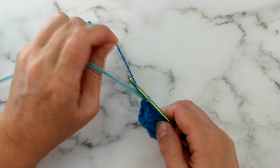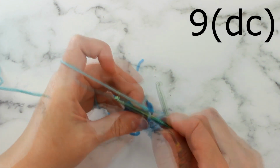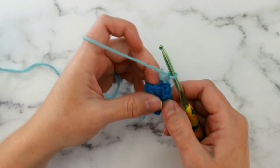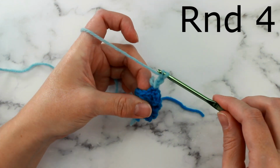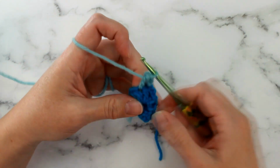For round 4, we're going to switch to light blue, and we're going to go ahead and chain 3. 1, 2, and 3 chains. And now we'll just place 1 double crochet in each stitch around. So there's 1 double crochet,